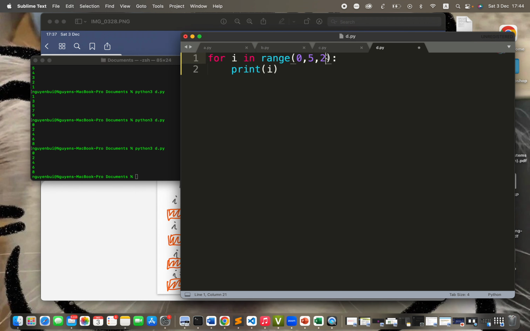But I'm not recommending you do this one, because it can make users of other languages a little bit confused. How about we also learn about loops inside loops? I will do that